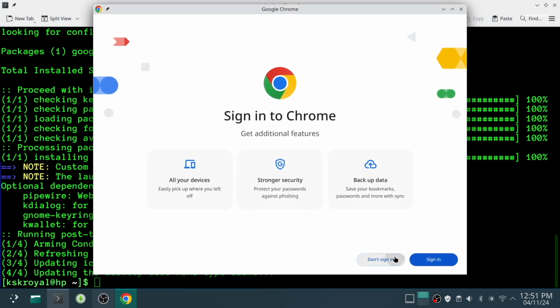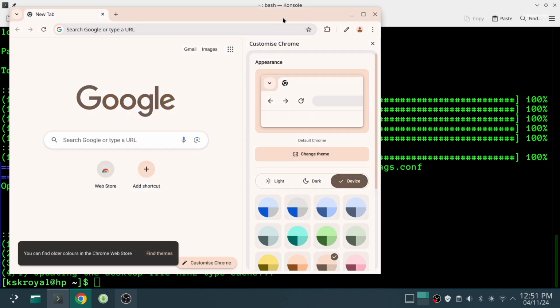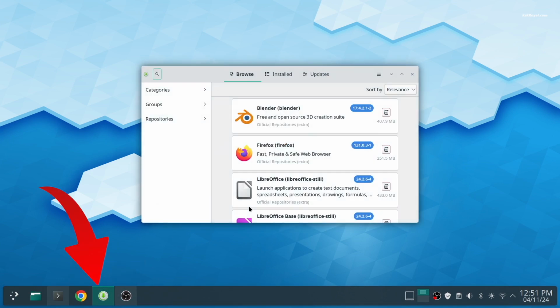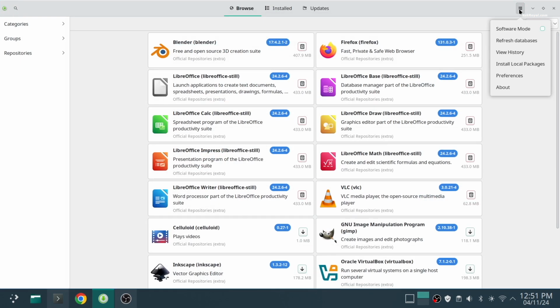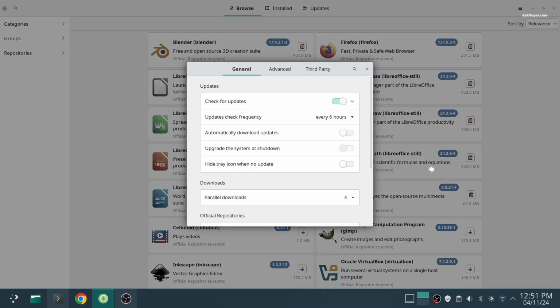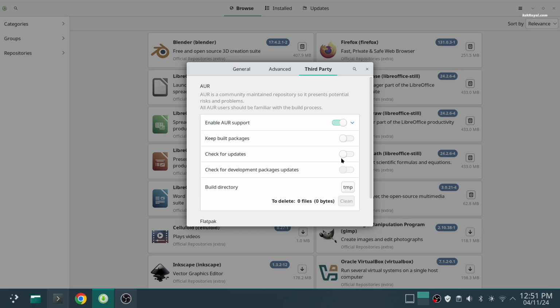You can also enable AUR support in Manjaro's built-in application Pamac. Now simply open the Pamac Manager, click the hamburger icon, select Preferences, and enter the admin password. Next, go to the Third-Party tab and enable both AUR and Flatpak support.